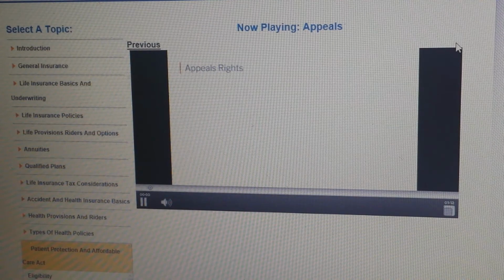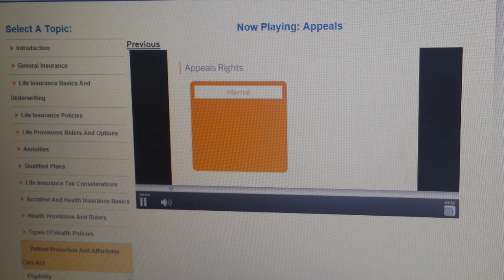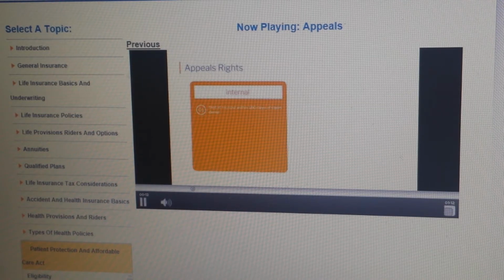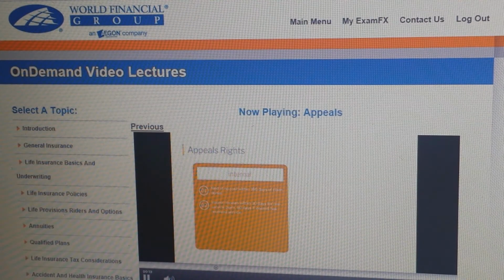ACA appeals rights. You have internal and external. Let's look at the internal first. They're filed at no cost within 180 days of a claim being denied. The insurer, the insurance company, reviews within 30 days for a pre-service claim, 60 days if the insured has received service. The insurer provides a written final internal adverse benefit determination if the claim is denied, and the insured gets information on